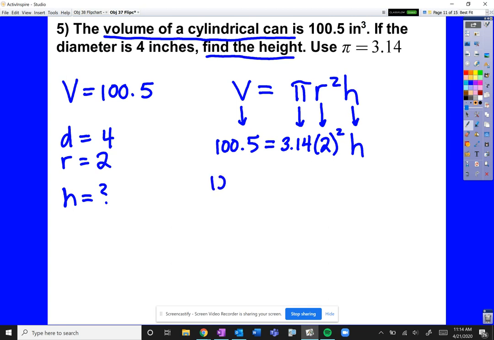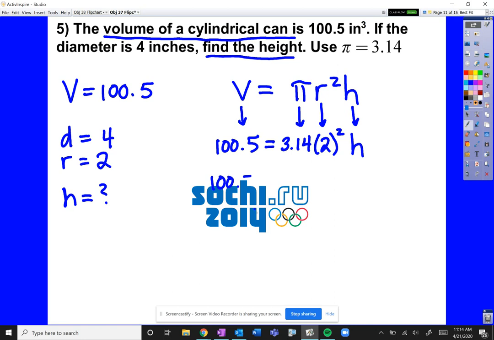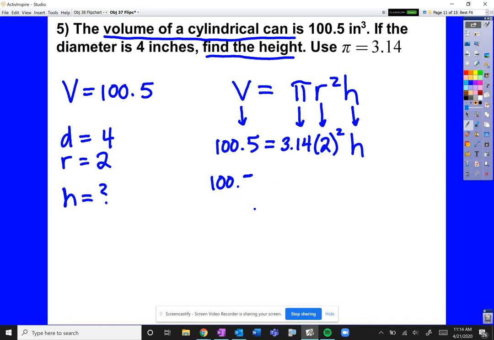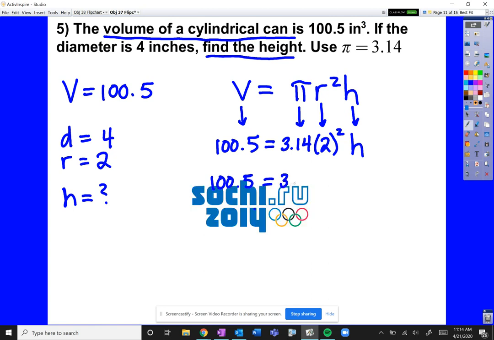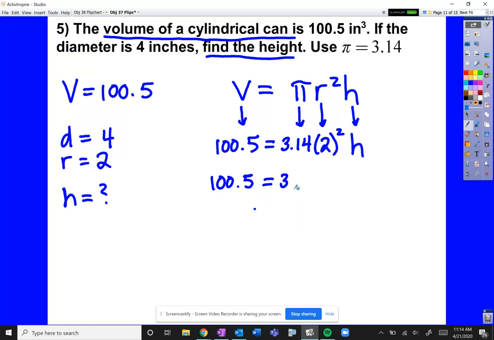Okay, so now, what? So now, we are trying to isolate, oh my gosh, we want to keep